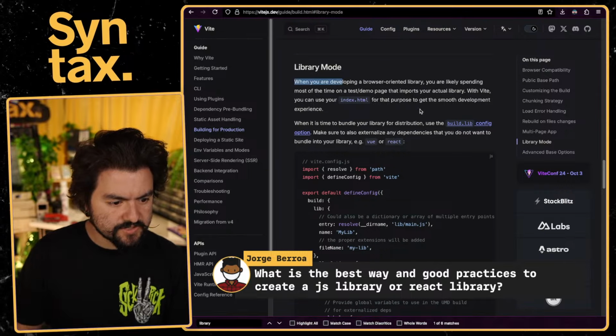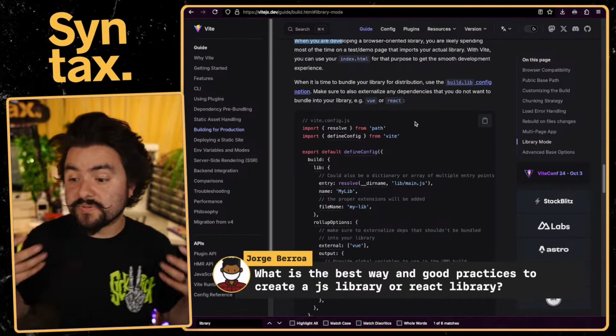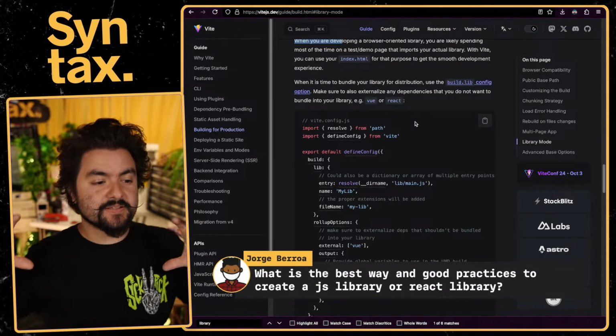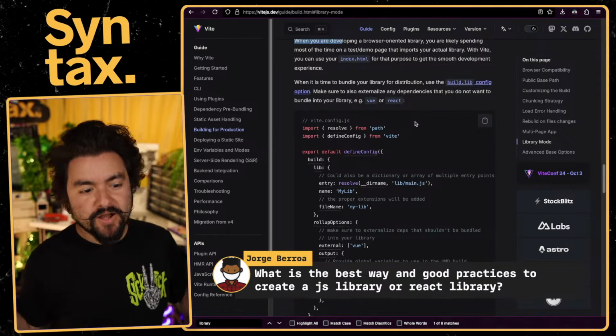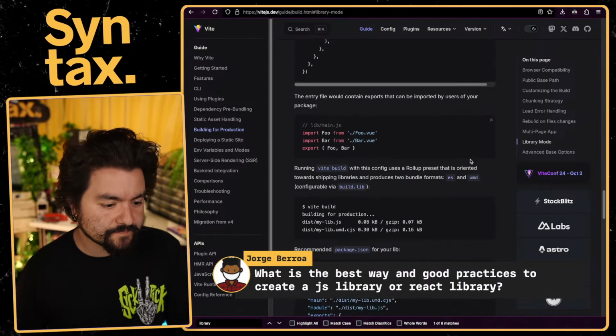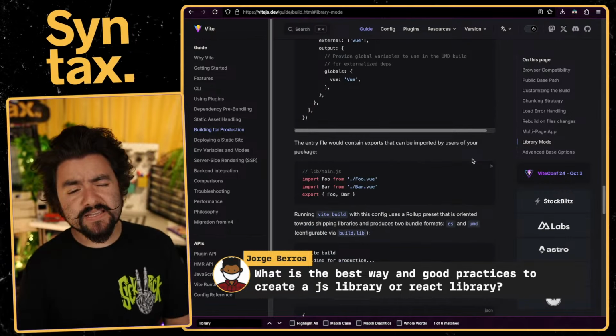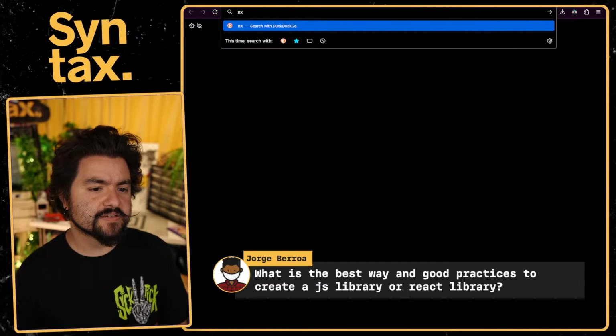So this allows you to develop a browser-oriented library. So you're not building a full-on app. You're basically building a module that could be imported into various libraries, or you might be building a component library. So they have that. I will say, right now, my mind actually goes to using something like Nx,